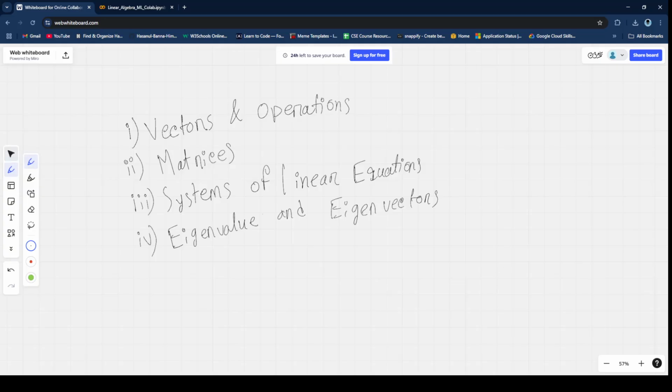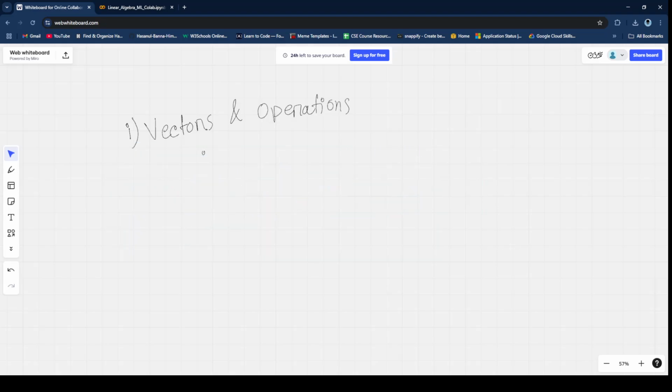Now let me remove this. Okay, so now at first what we'll be doing is we will be learning about vectors and their operations. So if you heard about vectors before, or if this is your first time learning about vectors,